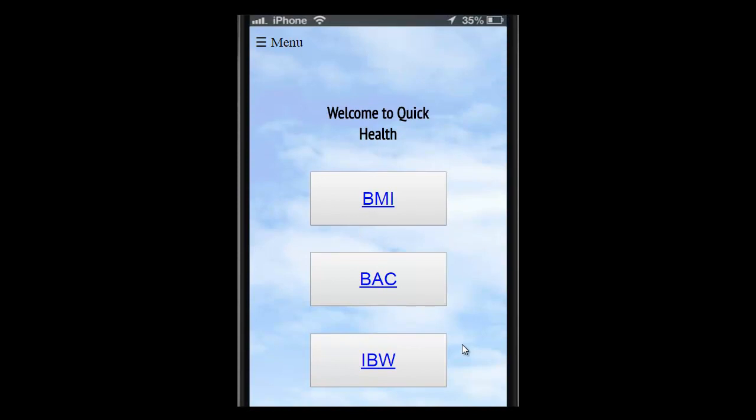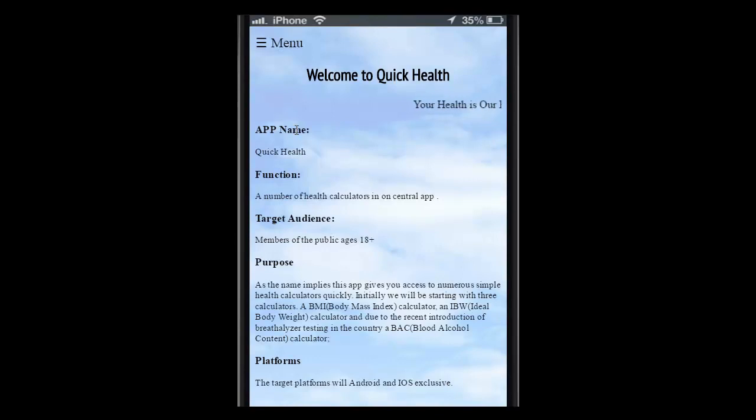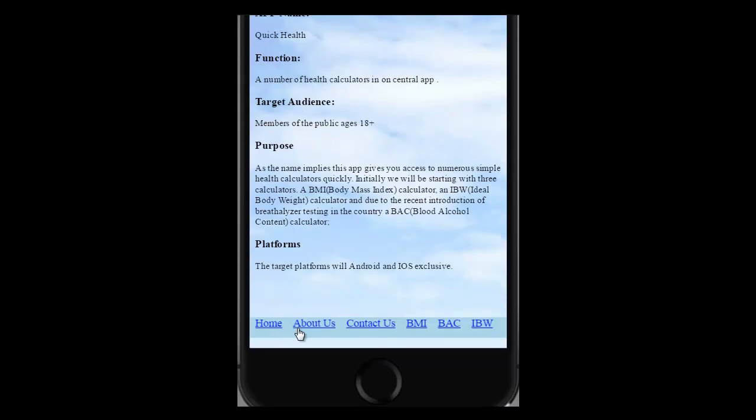Now, if we're looking at the app, you can see at the top we have a side menu. On this side menu, we have simple links to the home page, which is the current page we're on now, the contact us page, and the about page. As you can see with the about page, it's basically our project outline or the company's mission statement, right? And at the bottom, we have links back to the same home page, the about us, contact us, and then the three currently used